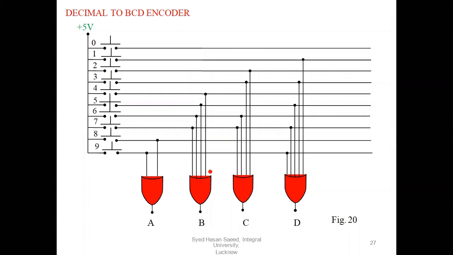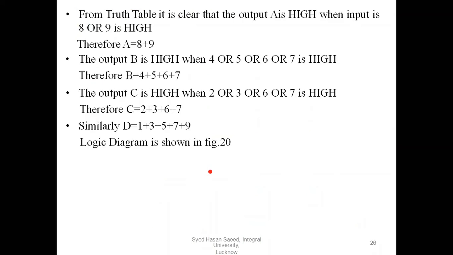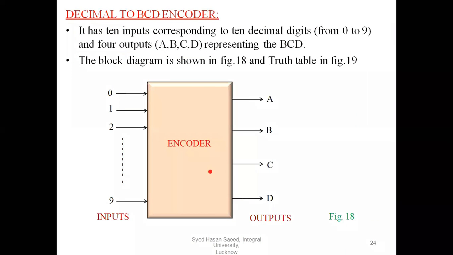Similarly, we have the decimal to BCD encoder also. Before, what did we see? Octal to binary. Here it is decimal to BCD. Decimal means 10 values, from 0 to 9. So decimal to BCD means BCD also has 9 values only. Here decimal is the input you are passing, that is nothing but 0 to 9.